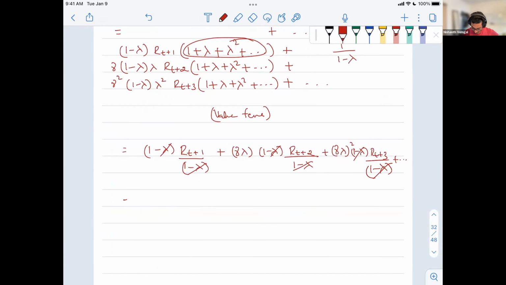So essentially what we have from the reward terms is R_{t+1} plus gamma lambda R_{t+2} plus gamma lambda square R_{t+3},